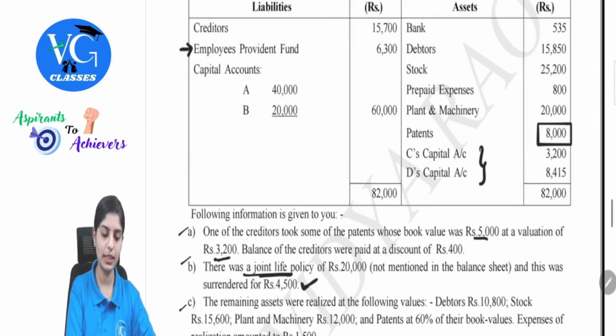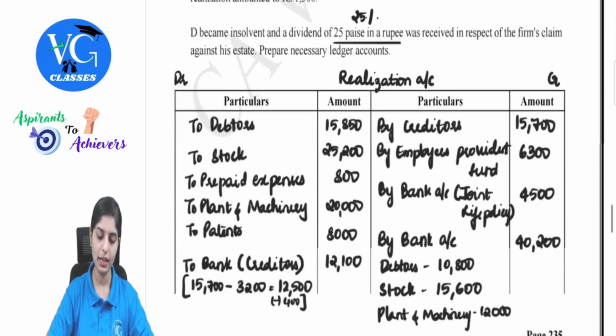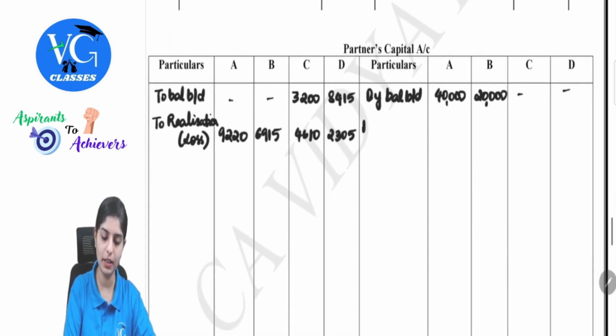How do you know, ma'am? See here, C's capital has a debit balance. So the only solvent partners for the purpose of bearing the deficiency would be A and B. So A and B will bring in additional capital. So we can first make that entry by bank equal to the realization loss